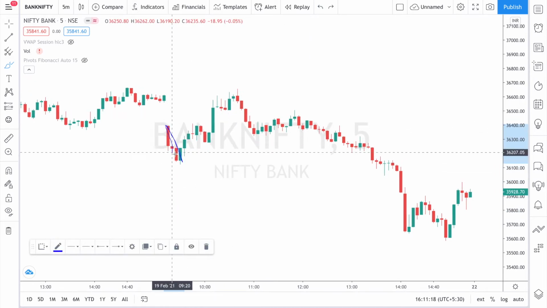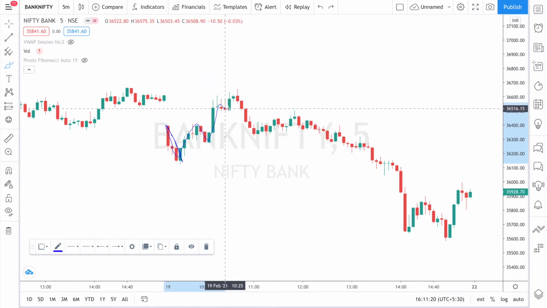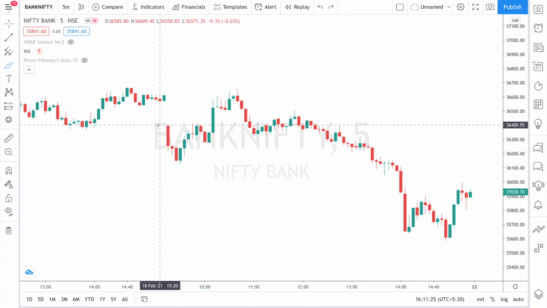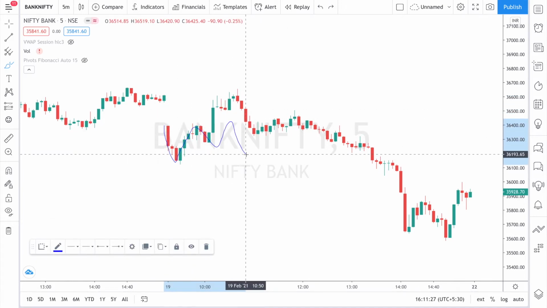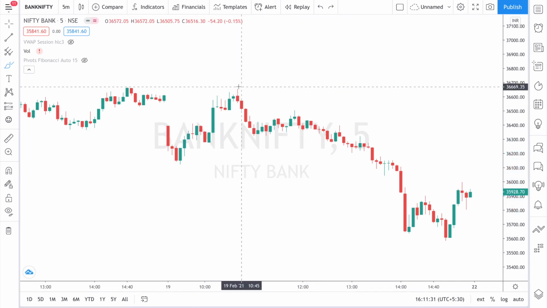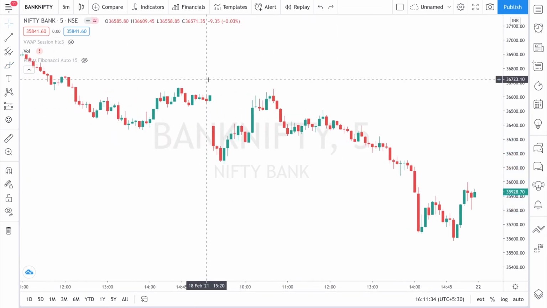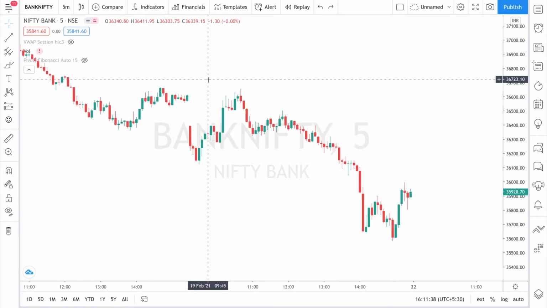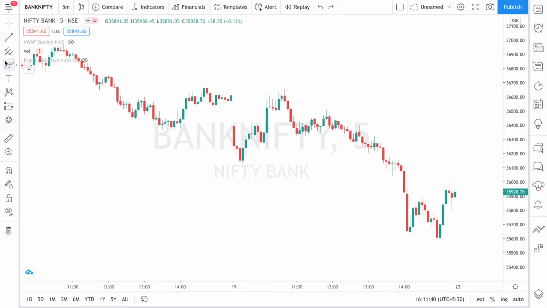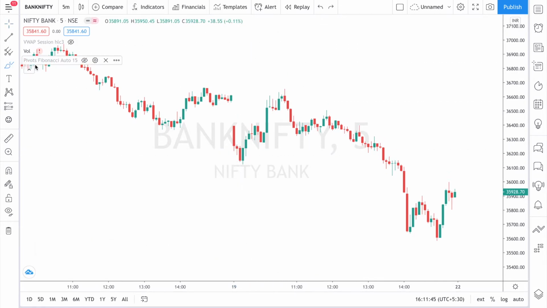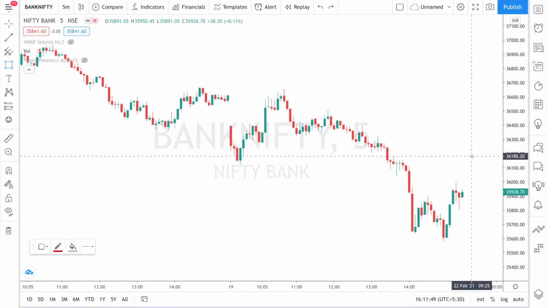After this fall, I clearly knew that the market may go upside, or the second point I was expecting was that there could be a sideways range and then a fall. That was my expectation today. That is the reason why I shorted the call option. And if you see, I booked my profit almost at this red candle, and from there the market reversed, it broke the day high, and then it made a new high.